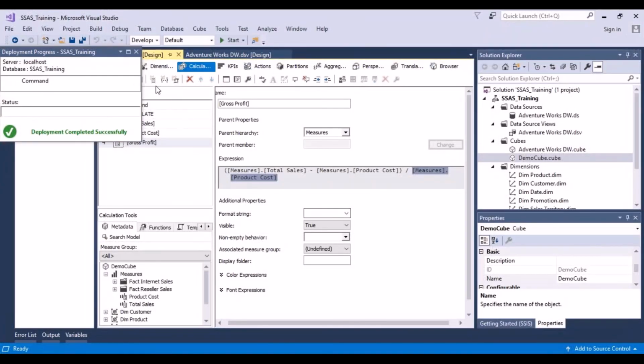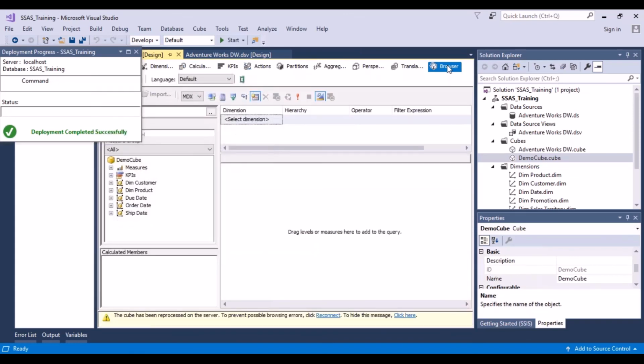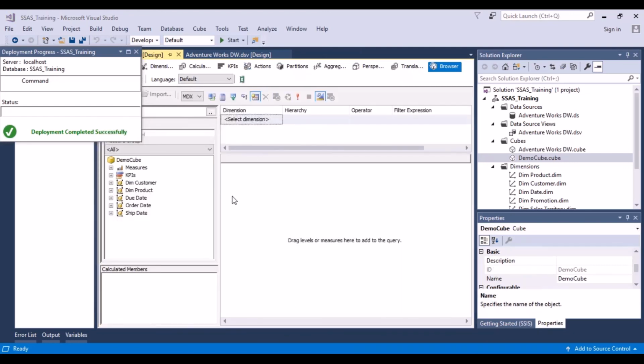Close. Okay, so now what we are going to do is move to the browser tab, and it says here at the bottom that the cube has been reprocessed on the server to prevent possible browsing errors. Click reconnect. So you can either click from here or you can click from the top as well. Now here, if you click on the measures,